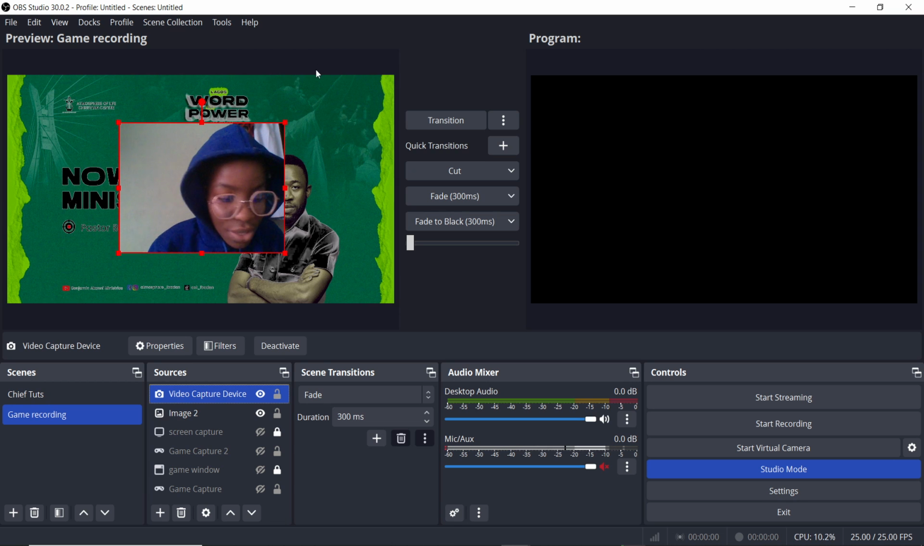Then check the preview window, which is here, to ensure the background is blurred as desired and that the camera feed is properly positioned. You may need to adjust the blur intensity or reposition the camera feed for optimal results. By following the steps, you should be able to create a blurred background effect in OBS, enhancing the focus